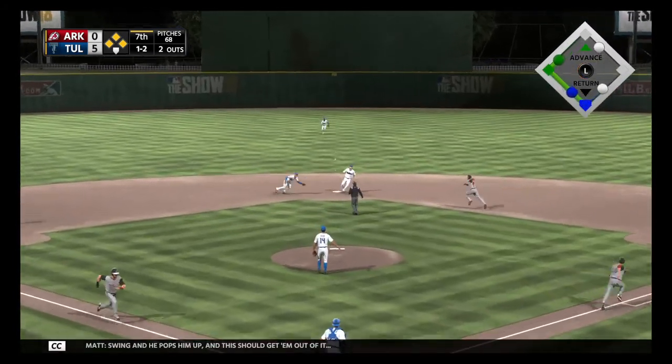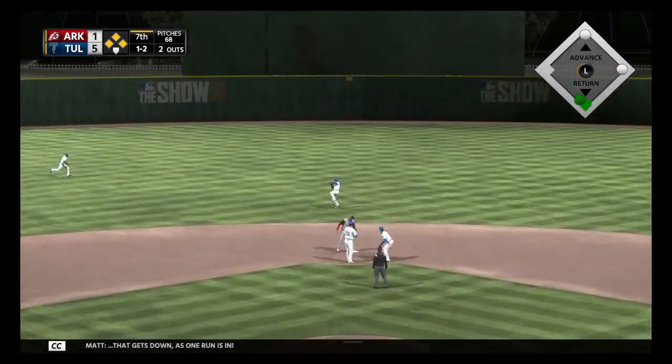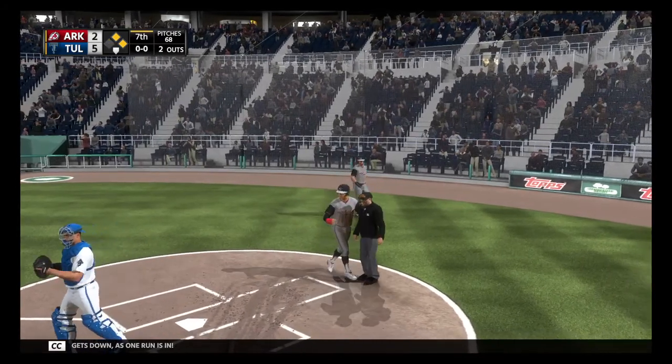Swing, and he pops him up. And this should get him out of it. 1 run is scored. That gets down as 1 run is in. Boy, Dero, talk about so...